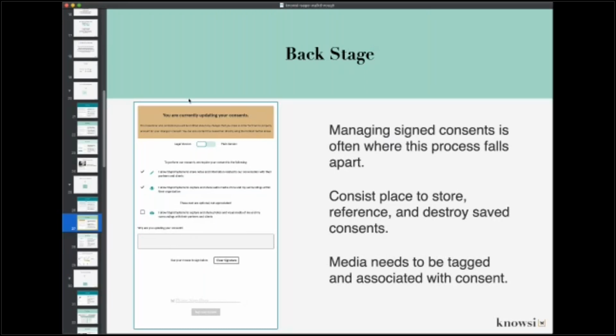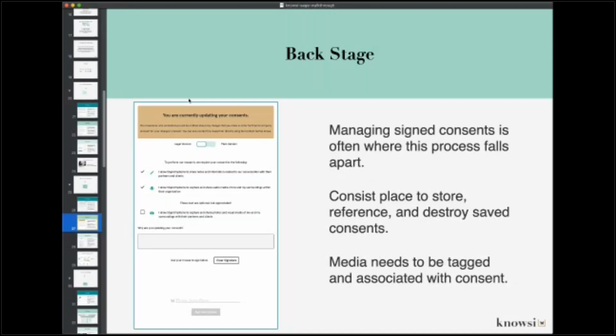I do know there are qualities to consent in clinical research, which often involve integration with health record systems and similar, which I think is outside of Knowsi's current scope.